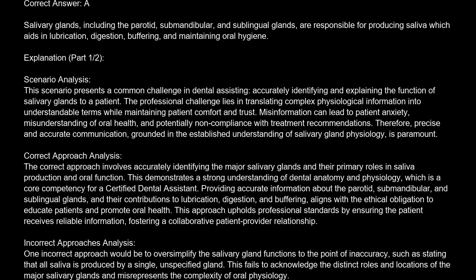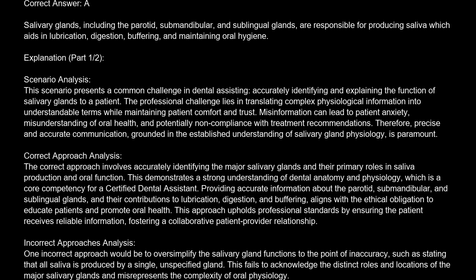Correct approach analysis. The correct approach involves accurately identifying the major salivary glands and their primary roles in saliva production and oral function. This demonstrates a strong understanding of dental anatomy and physiology, which is a core competency for a certified dental assistant. Providing accurate information about the parotid, submandibular, and sublingual glands, and their contributions to lubrication, digestion, and buffering aligns with the ethical obligation to educate patients and promote oral health. This approach upholds professional standards by ensuring the patient receives reliable information, fostering a collaborative patient-provider